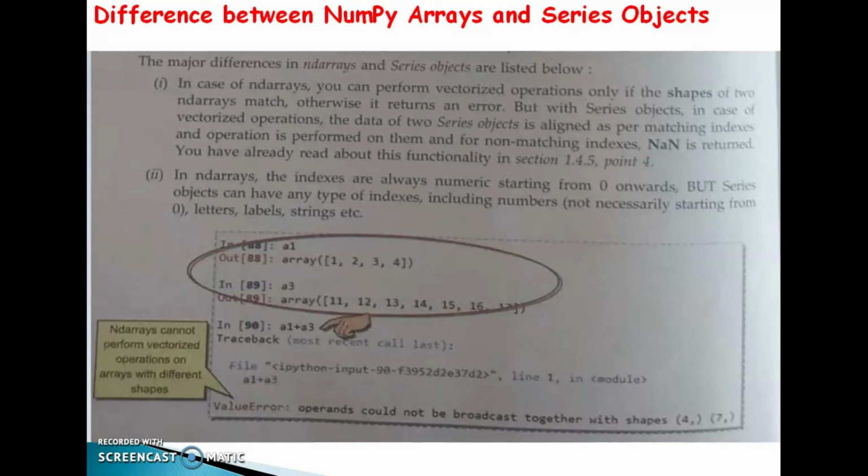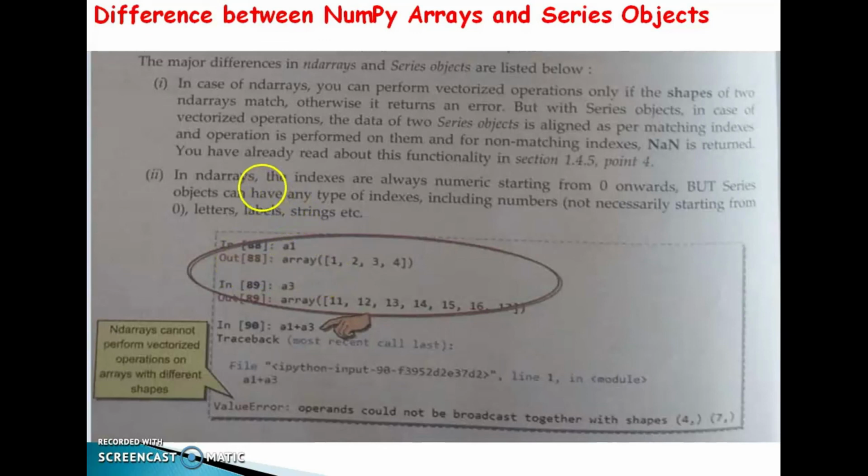Otherwise, it returns an error. Here, the size of the array is 4. Here, the size of the array is 7. So, we can't apply any vectorized operations on these ND arrays. It will produce an error.